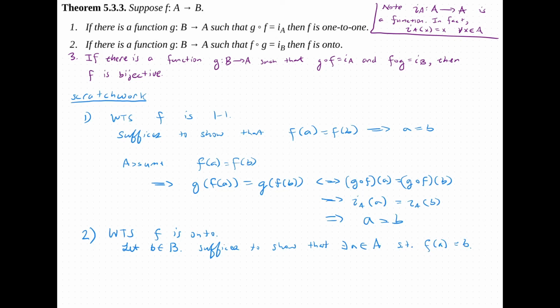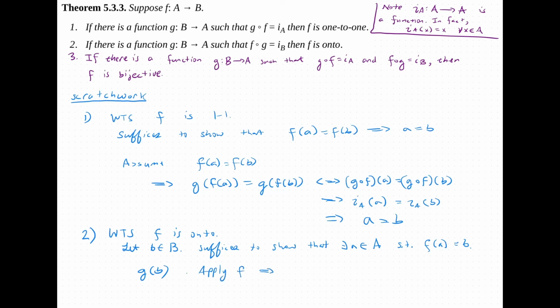Now, how do we go about this? Well, we have our element b in the set B, and we know that g maps from B to A as a function, so we're going to go ahead and take g of b. What is this? We don't know. But what we do know is that if we compose g of b with f, then we can apply the assumption that f compose g is equal to the identity on the set B. And so now, upon taking f of this, I'm going to just go ahead over here and apply f,